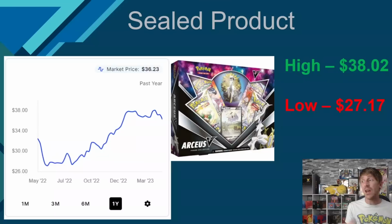And then we saw some steady growth up until January of 2023, continued to rise a little bit in March at a one-year high of $38.02. It's backed off a little bit, sitting at $36.23. But with the growth that those tag team sets have really had, especially when it comes to Team Up Cosmic Eclipse, and you're getting a Cosmic Eclipse booster pack in this, these ones might continue to rise more and more as Brilliant Stars, Chilling Reign become less available, and Cosmic Eclipse obviously becomes less available. We might see this one continue to take off even a little bit more, but $38.02, the one-year high,